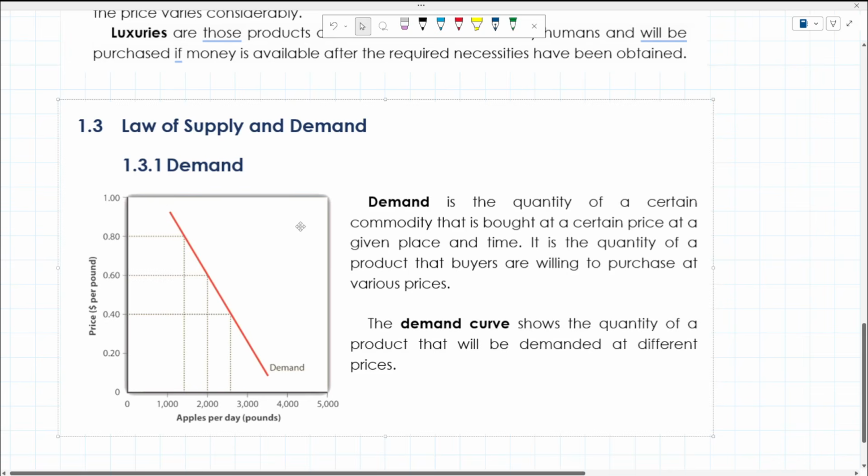We see on the left what we call the demand curve, which shows the quantity of a product that will be demanded at different prices. So this perspective is somehow based on the buyer's perspective. If we are to look at this graph, the y-axis being the price, and the demanded quantity being the x-axis, we can see here that as the demanded quantity grows, observe this.